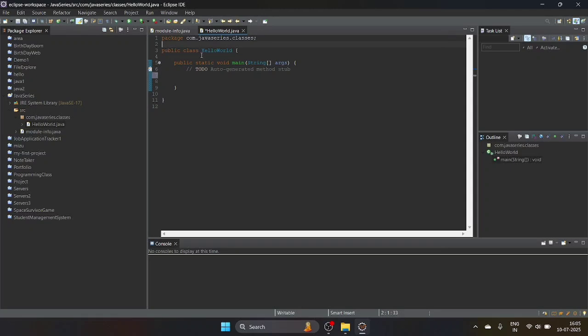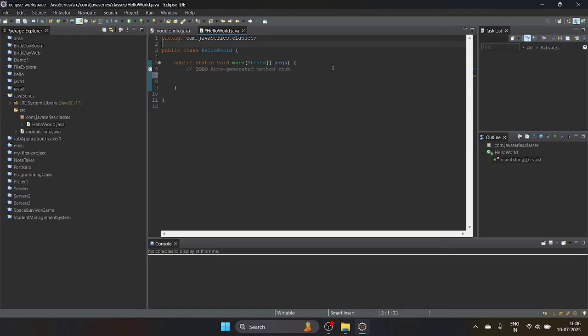Class is the keyword to declare the class. In Java, I told you everything starts with the class, right? So it is the indication of that class. So we are using the keyword class. Then hello world, this is the class name. You can give any class name, like give a related name. We are printing hello world, so I have given a similar name, hello world. Then we can see public static void main string of args.